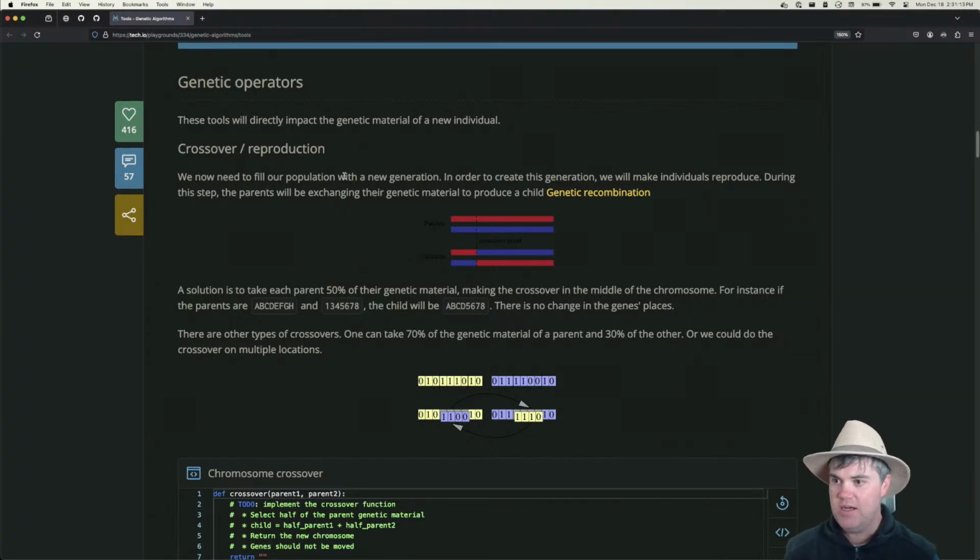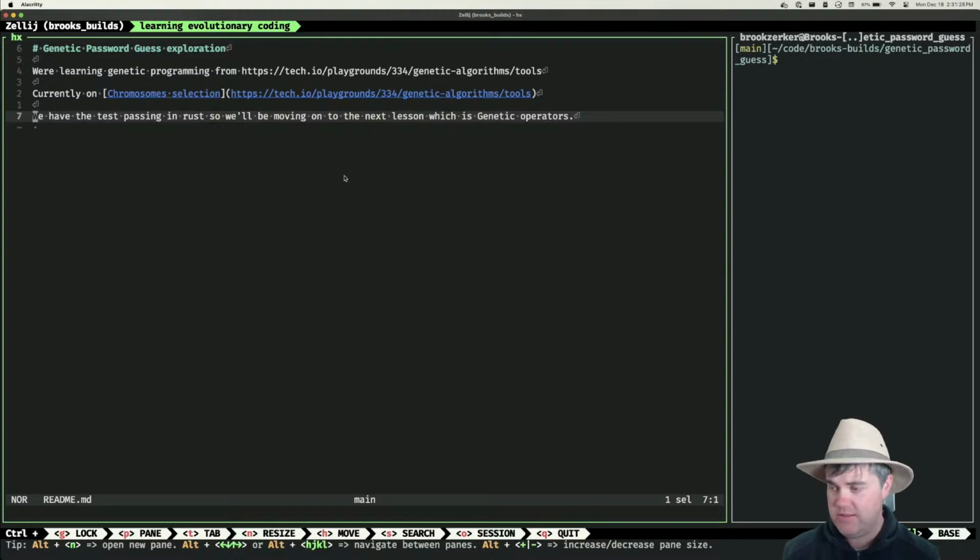Okay, so genetic operators. These tools will directly impact the genetic material of a new individual. Crossover reproduction. I guess we can summarize what we have so far. So previously,